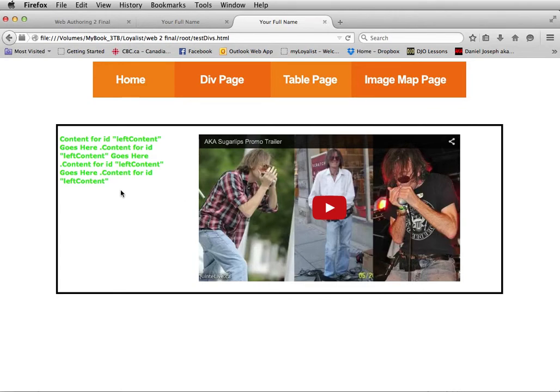In the left content, you'll just add a paragraph of text. Then you'll create a CSS style to style that text. In the right div tag, you will embed a YouTube video. Going over to the table page,